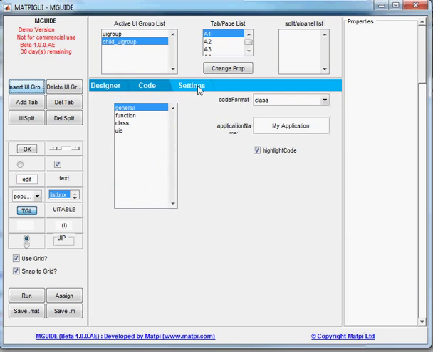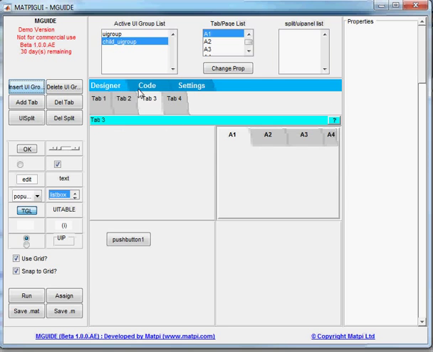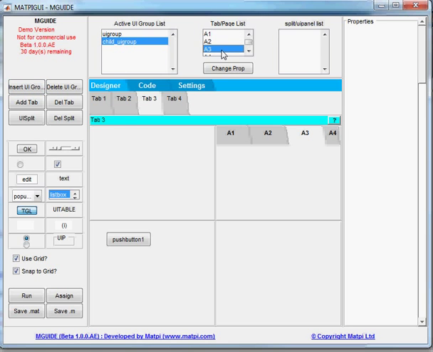There are a few other things in the settings which you can use to customize the code and customize the runtime. The other 2 things I haven't highlighted yet is this top panel here, which is for interactively selecting tabs and or pages in the designer. So we can manually select these. Now these are more for when there are pages rather than tabs, because pages don't have tabs to select. So it just gives you access to be able to select them. You can also select